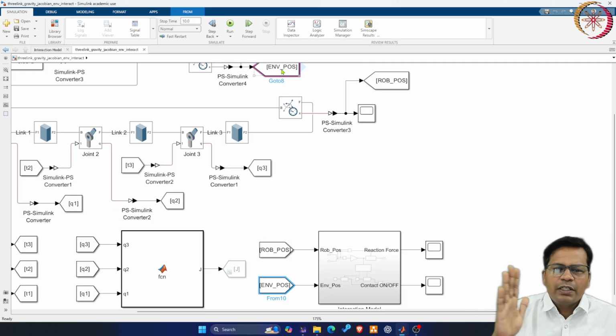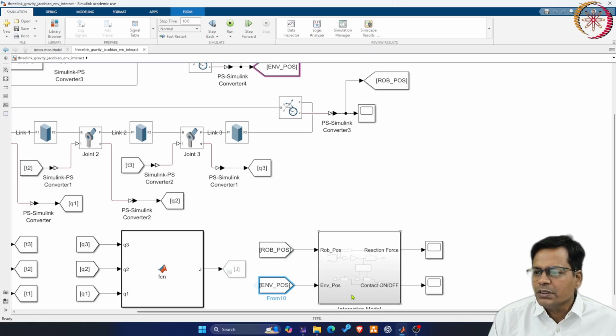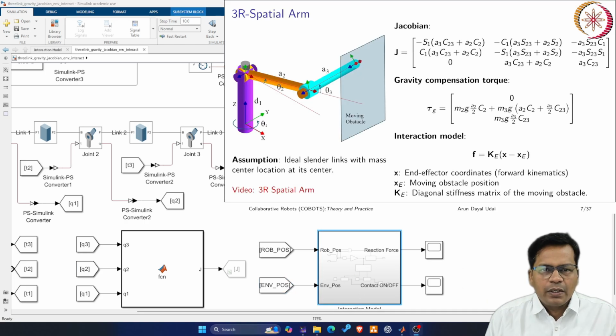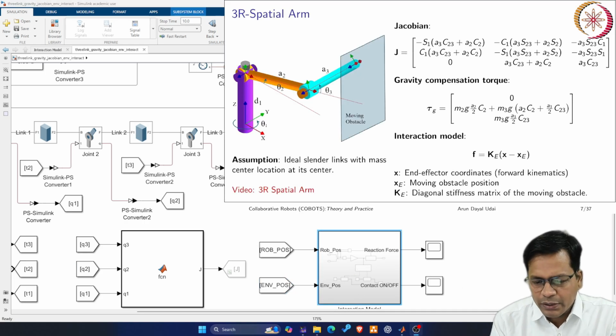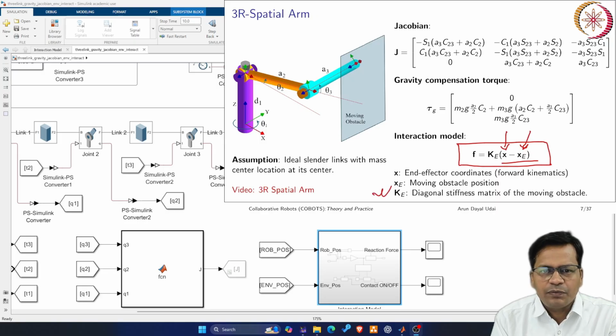The moving wall was moving towards the robot, so I am saving both the positions and inserting them here. Essentially, I am going to code this equation using Simulink blocks. I will take the robot's position, take the environment position, take the difference, multiply with the diagonal stiffness matrix of the moving obstacle, and it will generate the force.